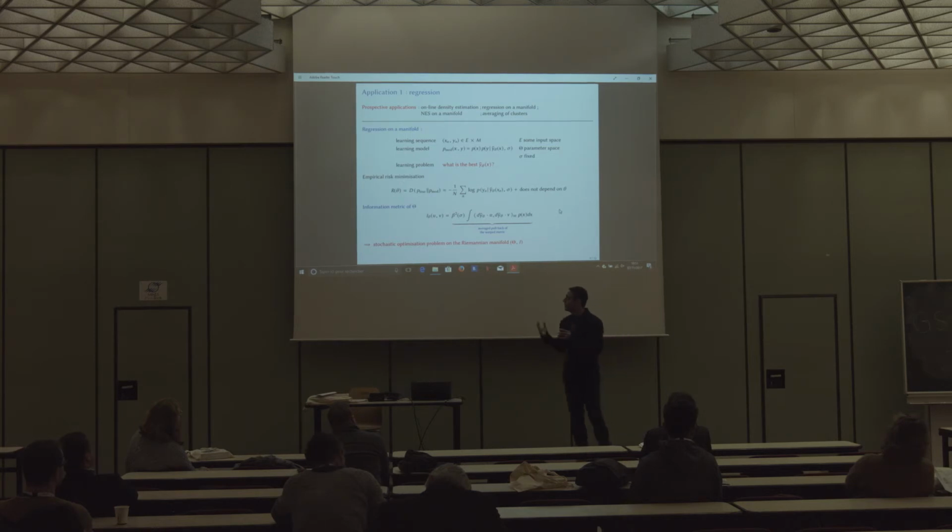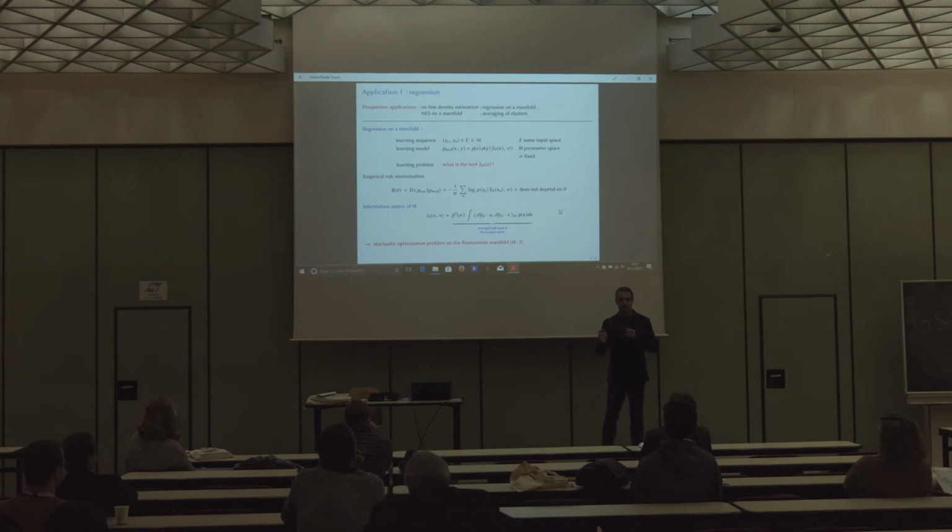Following the principle of empirical risk minimization, we want to asymptotically minimize the Kullback-Leibler divergence between the truth and the model. This leads us to this cost function here. What we know how to do is compute the information metric of the learning model, and this turns out to be the average of the pullback of the warped metric. As a result, our problem reduces to stochastic optimization on a Riemannian manifold, which moreover is given its information metric. So we have good convergence properties with regard to efficiency.